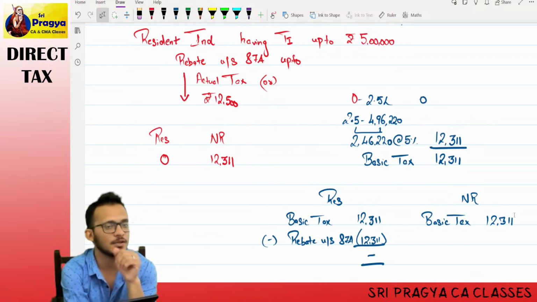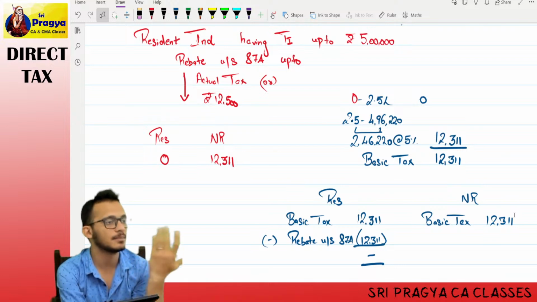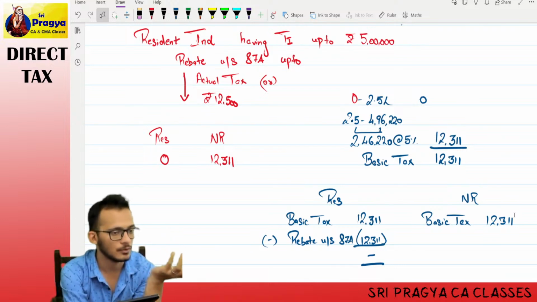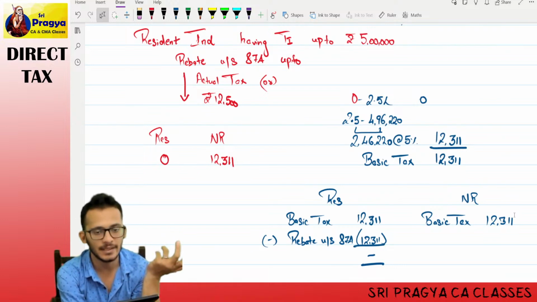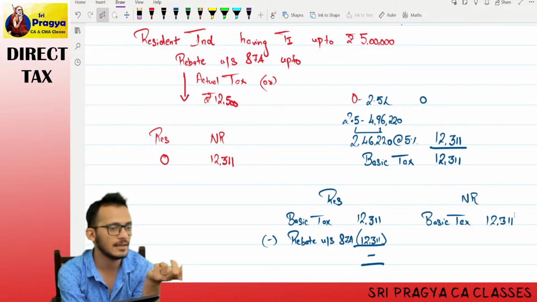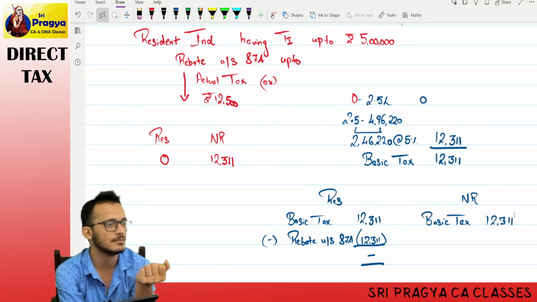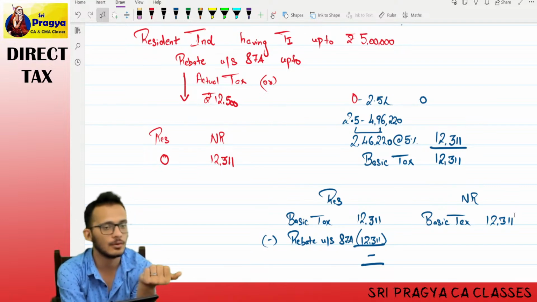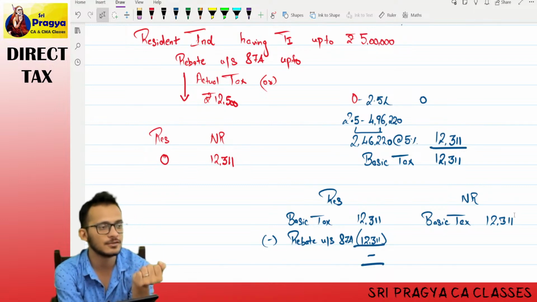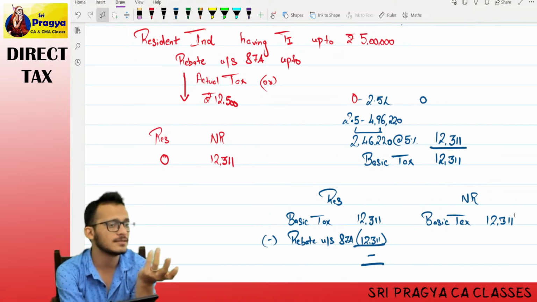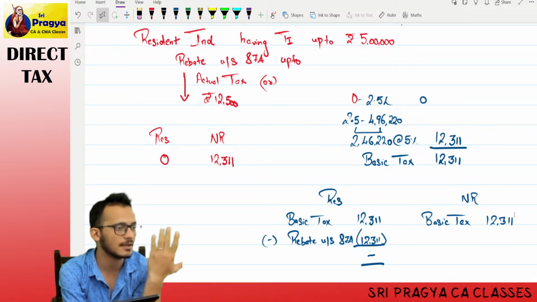So India came and said, boss, I cannot decide whether the other person is poor or not poor, because he may have income other than India also. So I do not have holding on his income. In that case, I will like to give benefits only to my child. If he is found to be poor, let him go and claim it in his country. I don't care.